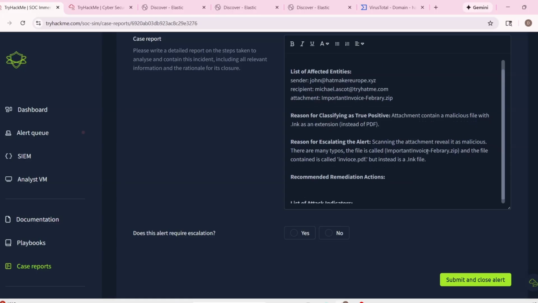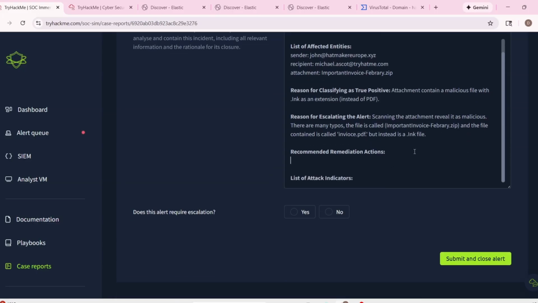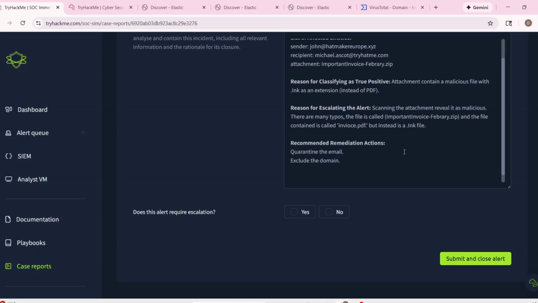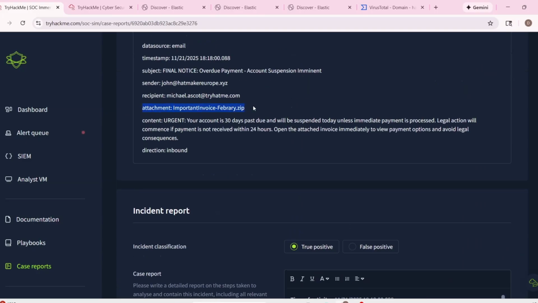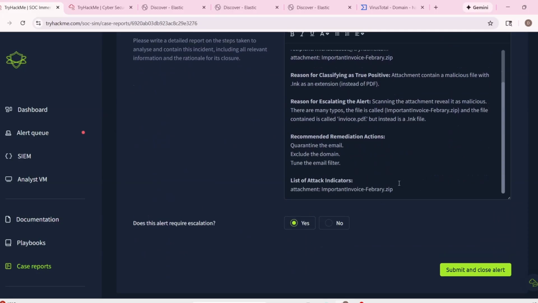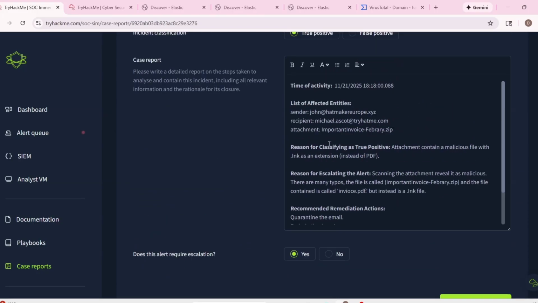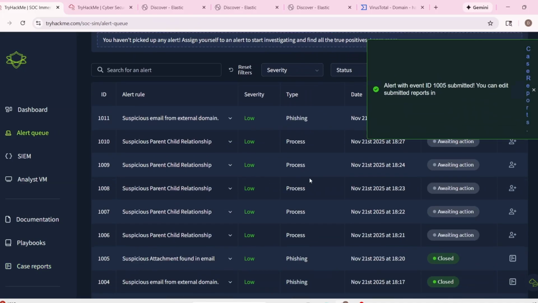I think that's more than enough. I can say and exclude the domain and tune email filter stuff attack indicators. I can just post the attachment. I don't type so many things just because I believe that's more than enough, so I can submit this one,